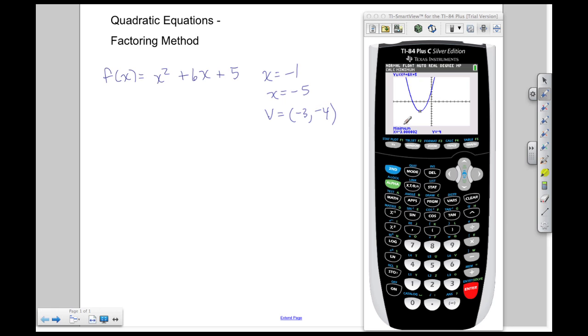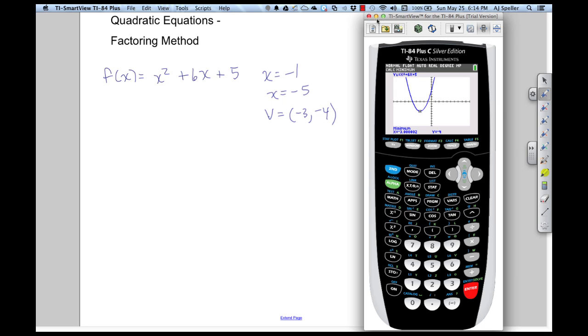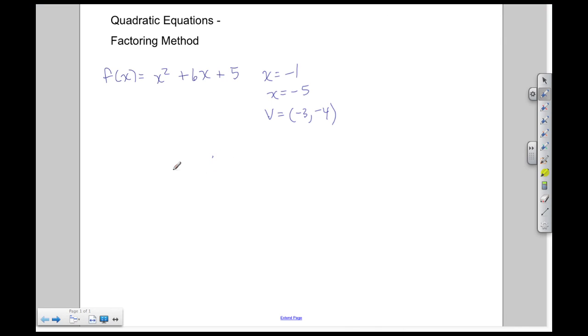Now let's put the calculator away, and let's verify these answers using the properties of factoring. First, we know that the coefficient in front of the x squared is a 1. And what I'm going to do now is rewrite the problem as 0 is equal to 1x squared plus 6x plus 5. First thing we need to do is multiply these two terms together. So 1 times 5 gives me a 5, which I'll call my magic number.